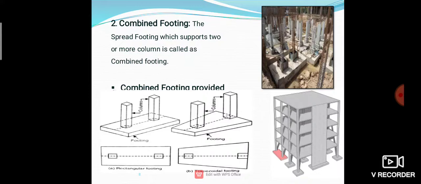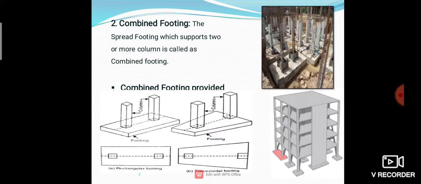This kind of footing we use when the design of the footing covers more than one column. अगर प्लान हम कंप्लीट कर रहे हैं और उस प्लान में मोर देन 2 कॉलम्स अगर एक साथ एक लाइन में आ गए, तो फिर हम क्या उसके लिए अलग अलग फुटिंग डिज़ाइन करेंगे? नहीं करेंगे. So at that time we can use combined footing for supporting 2 or more columns at a time.